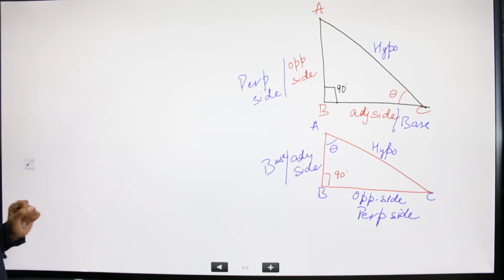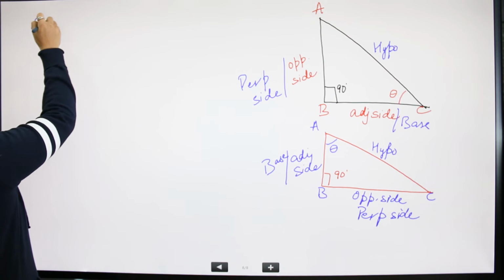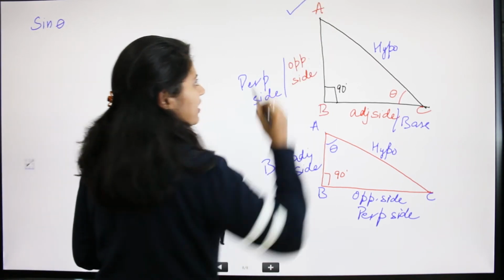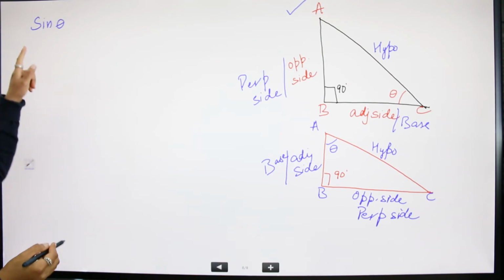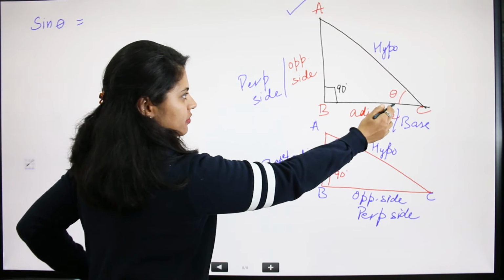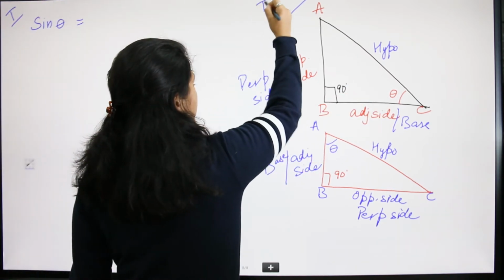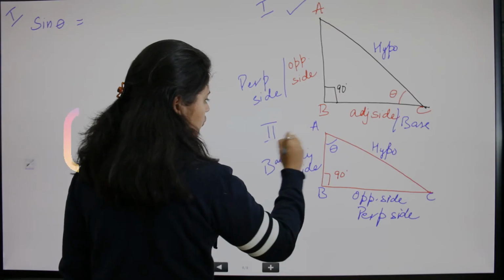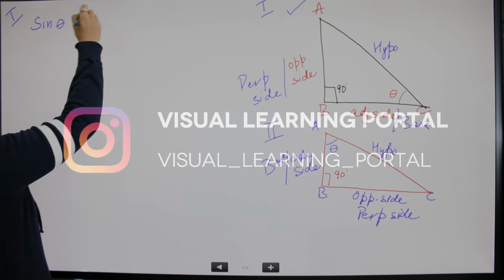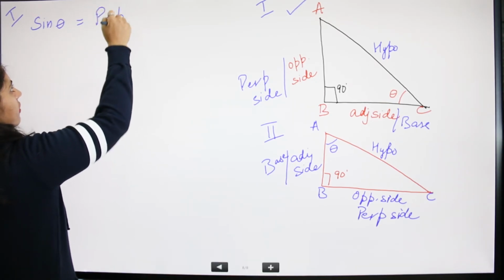Now it's time to find the ratios. So the first ratio we are going to find is sine theta. If we are going to talk about this triangle, okay, so sine theta is taken as, theta is this angle in this one, so we can say this is figure 1, and we can assume this as figure 2. Okay, so sine theta is equal to perpendicular over